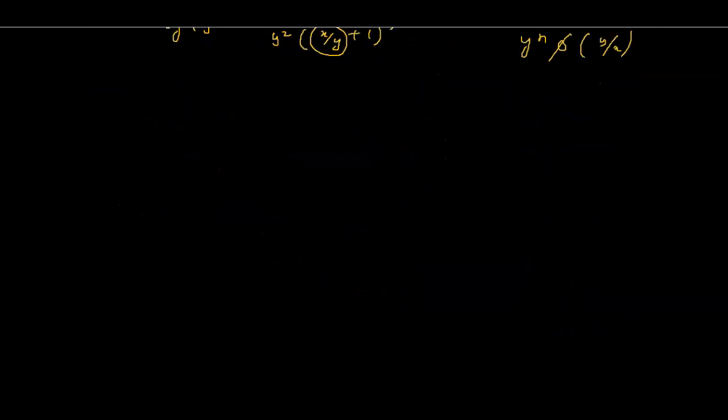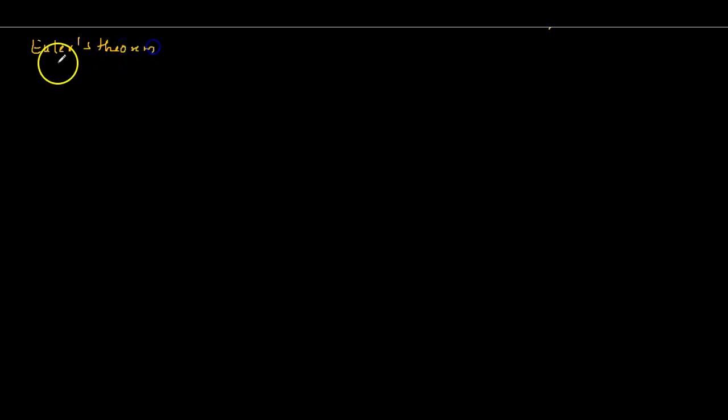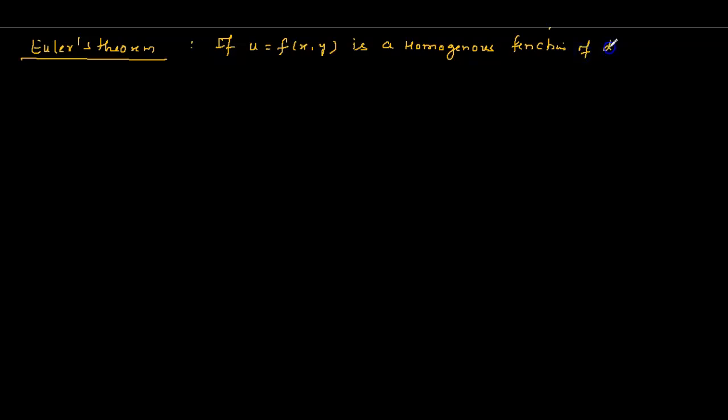So here, a homogeneous function is given, and Euler's theorem gives the direct formula, the statement here. For Euler's theorems, the derivations for both degree 1 and degree 2 are important. The statement is: if u is a function of x and y and is a homogeneous function of degree n,